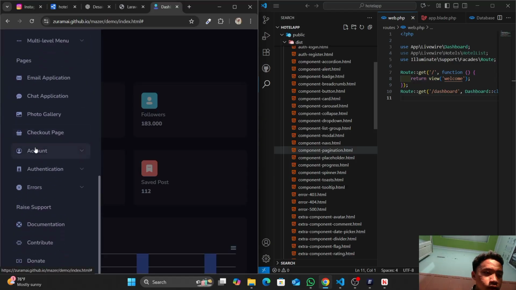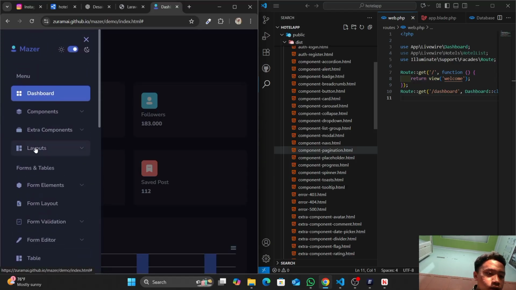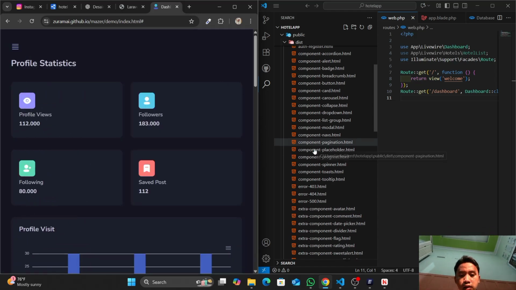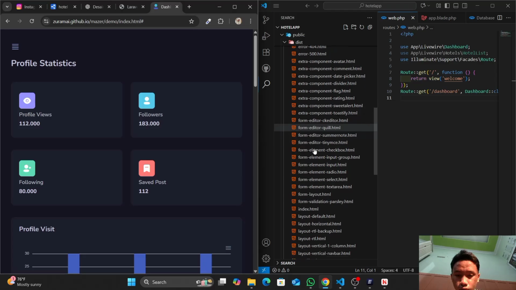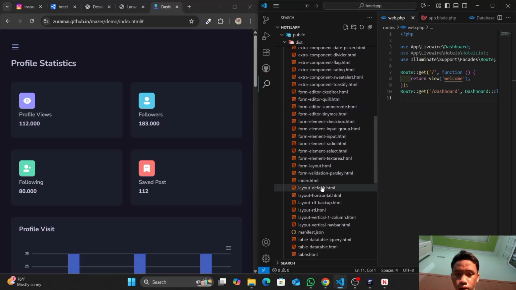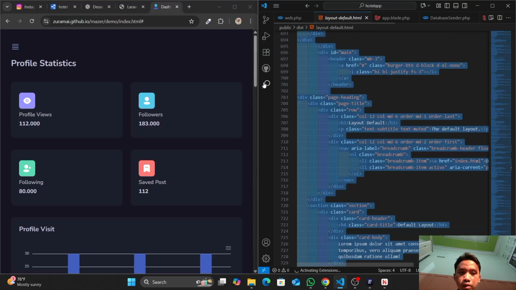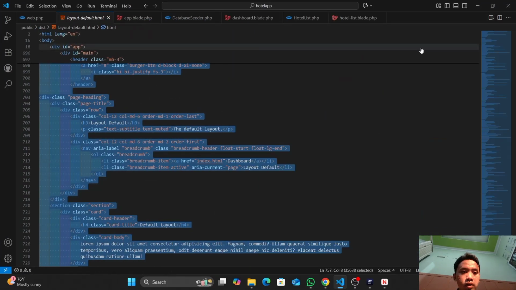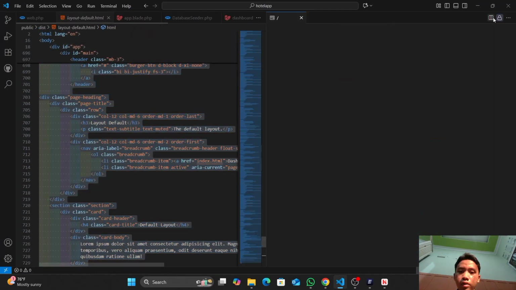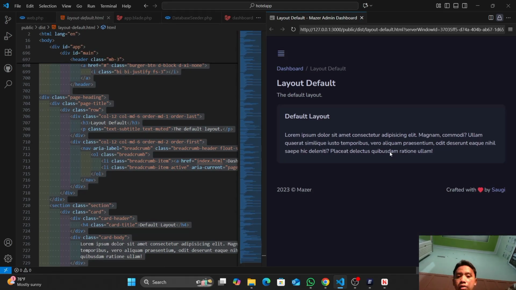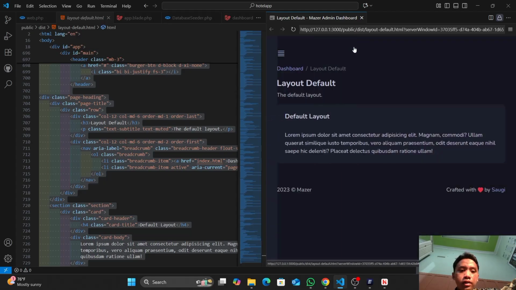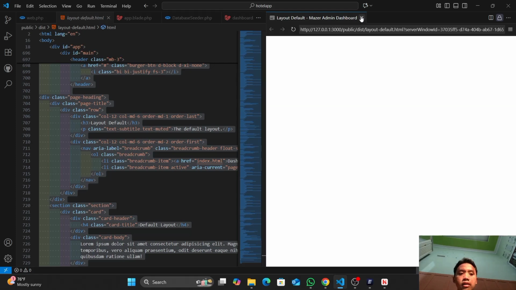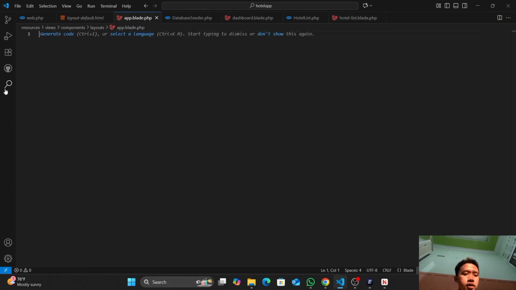So we have pages, and those pages share one file for the template, so we can change the main content of the page in every page. So we copy all of this into default.